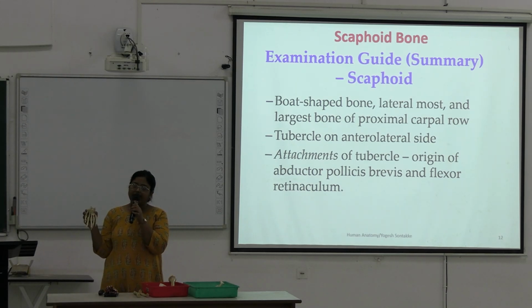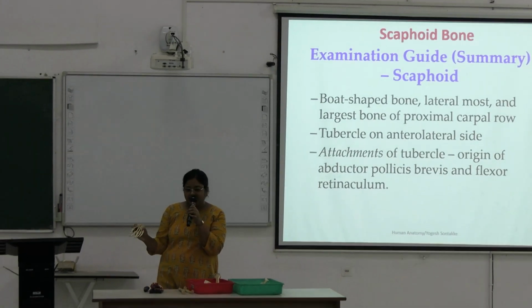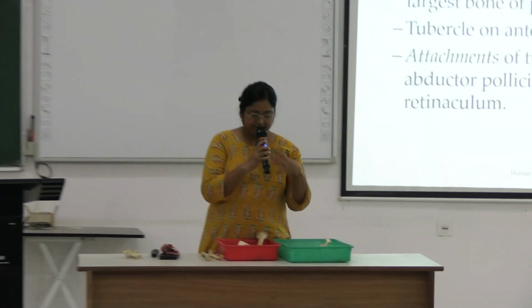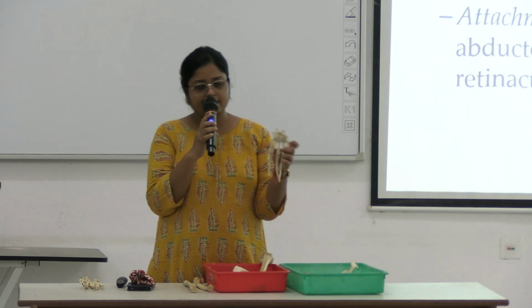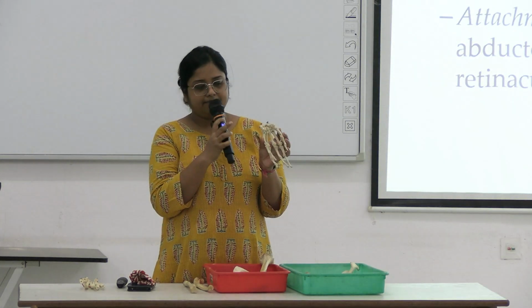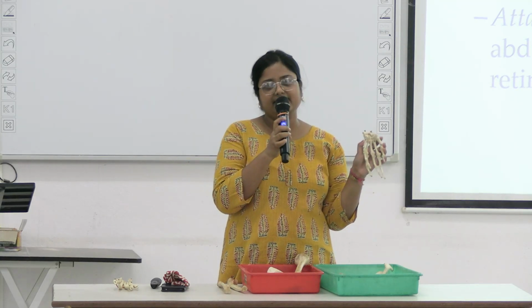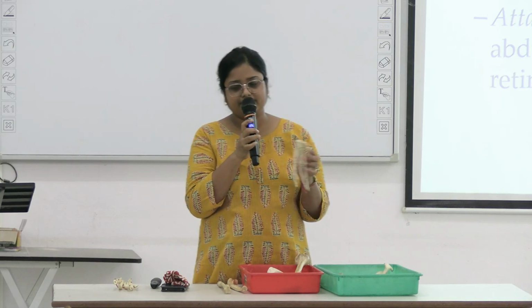So it is a hand of the right side like this. Here we have a hand of the left side. Okay, concavity is directed anteriorly, carpal bones are above and the thumb is placed laterally. Okay, so this is the anatomical position of the skeleton of the hand of the left side. Okay, understood? So anatomical position is very, very important.